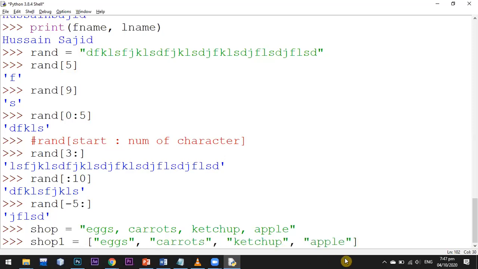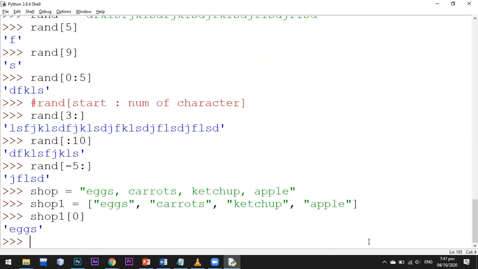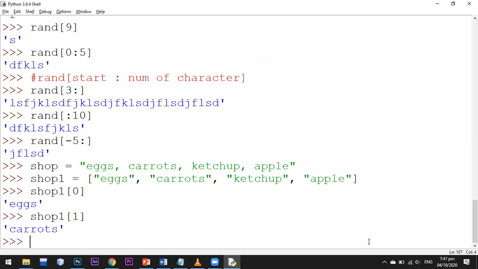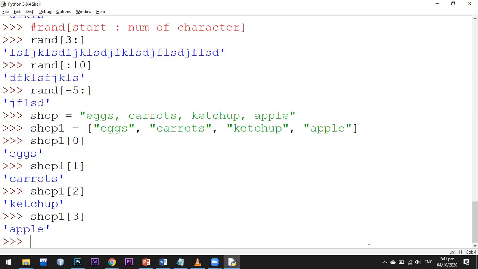So now I can count how many items are there, and I can check my first item using shop1 in square brackets. I have to mention 0, which means position 0 is the first item, and shop1 of 1 is my second item, which is at index 1, then shop1 of 2, and shop1 of 3.